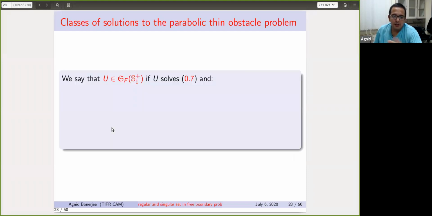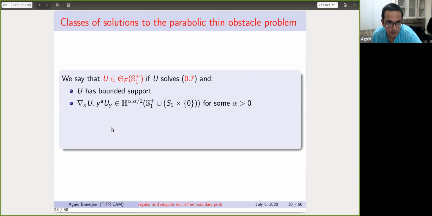So now, because we have globalized the problem, this will be my notation for a global solution, which you are not expected to remember. And I don't even know how to pronounce it. Because you have taken a cutoff, you will have bounded support. So you have some basic regularity in x and y. Again, the regularity in x and y are different. Only in the case when a equals to 0 do they match, but otherwise they are different because of different homogeneities.